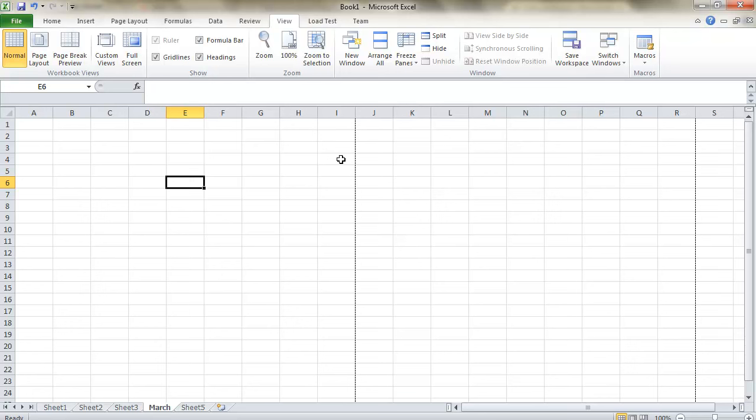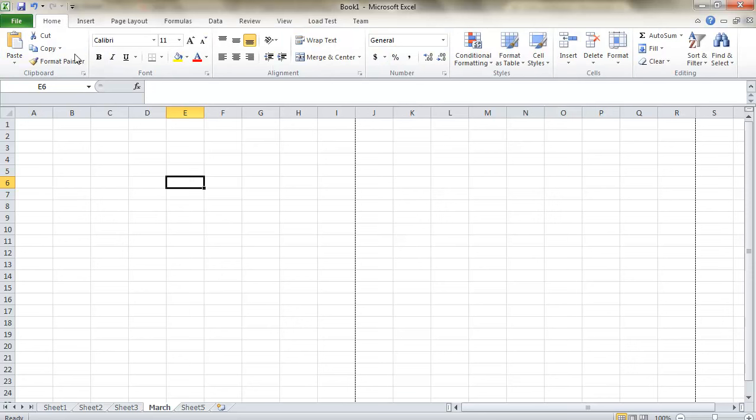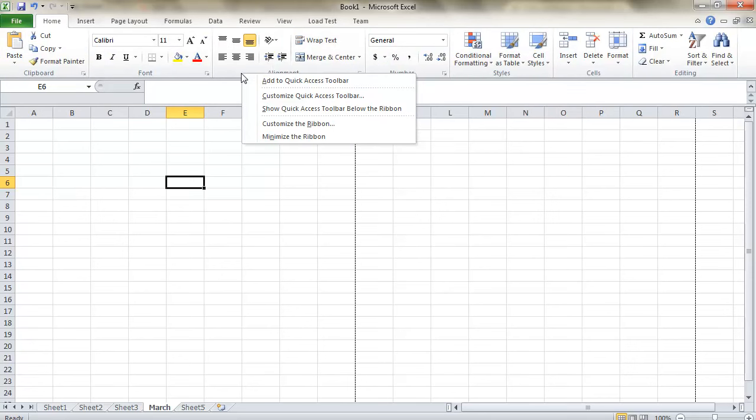Now let's move to the customization of the ribbon I just talked about a while ago. In order to customize a ribbon, you have to right click on it. I'll just go back to Home. This is our ribbon. So we just have to right click on it, and we have this drop down menu popped up, and it has the option for